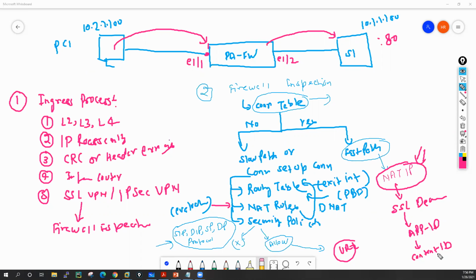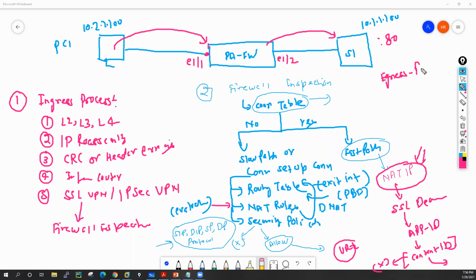Palo Alto meshes these packets through different decoders and different databases, and tries to check the packet against viruses and malware. If the verdict of Content-ID is that the traffic is malicious, then Palo Alto drops the packet at that point only. Otherwise, after the content inspection, Palo Alto forwards this packet for the egress process.